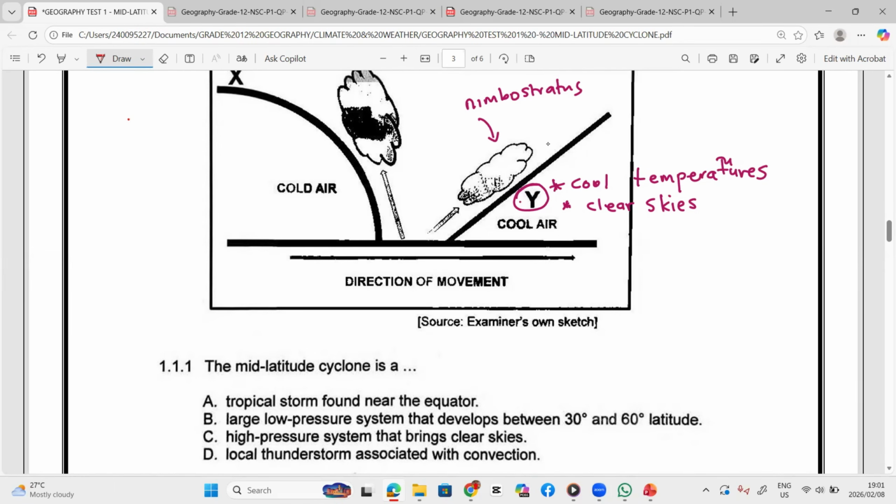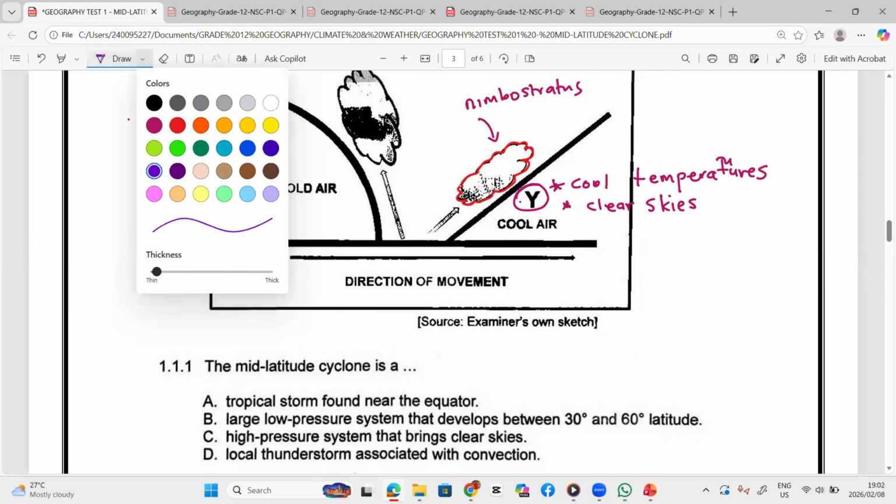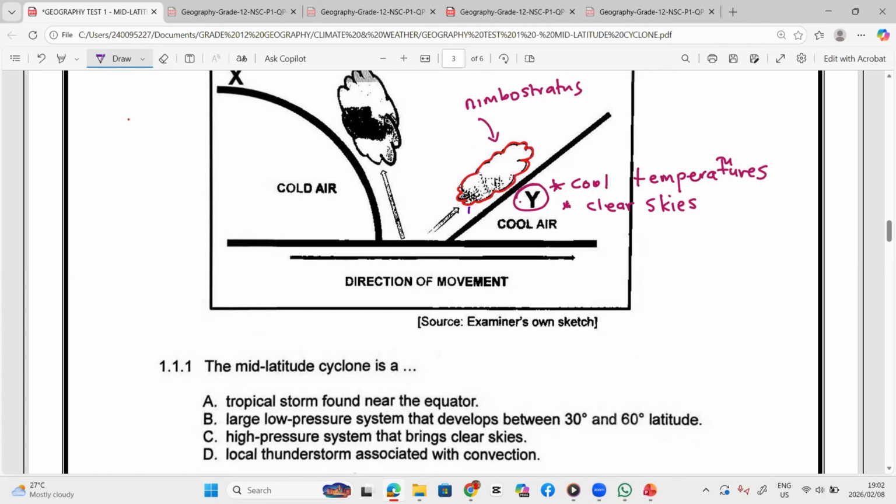Okay, Sam, this nimbostratus cloud that you are seeing here, you can see that it is here at the warm front. Can you see that it is forming here at the warm front? Do you see that, Sam? Yes, sir. So this nimbostratus cloud is forming at the warm front, so it will be responsible for bringing rainfall around this region at the warm front. If we have houses around the warm front, we are going to experience some rainfall. Not really heavy rainfall.